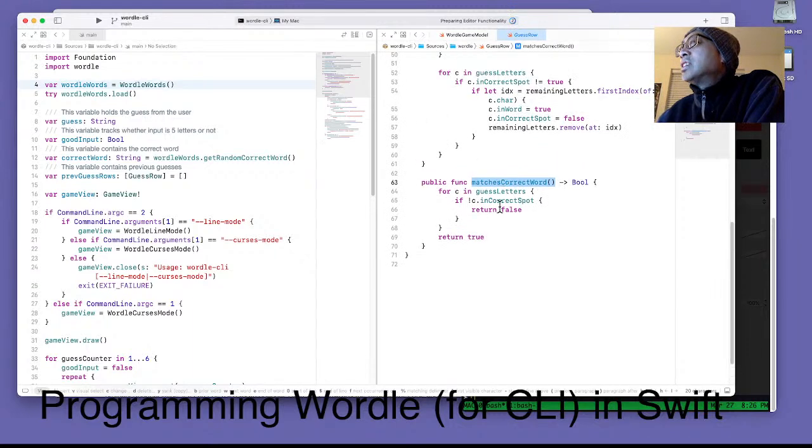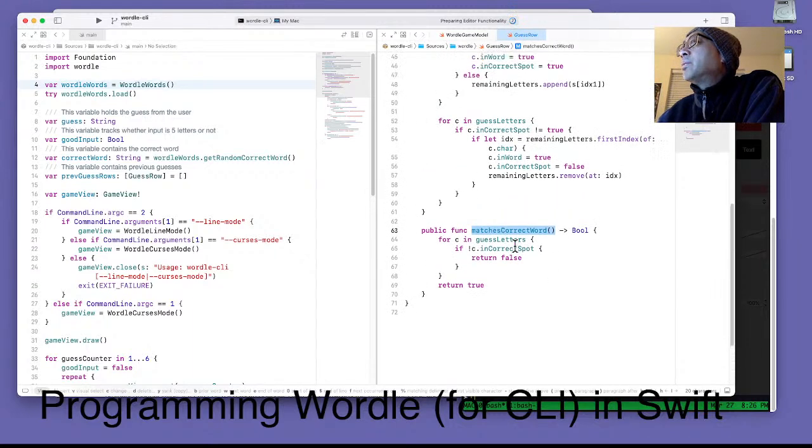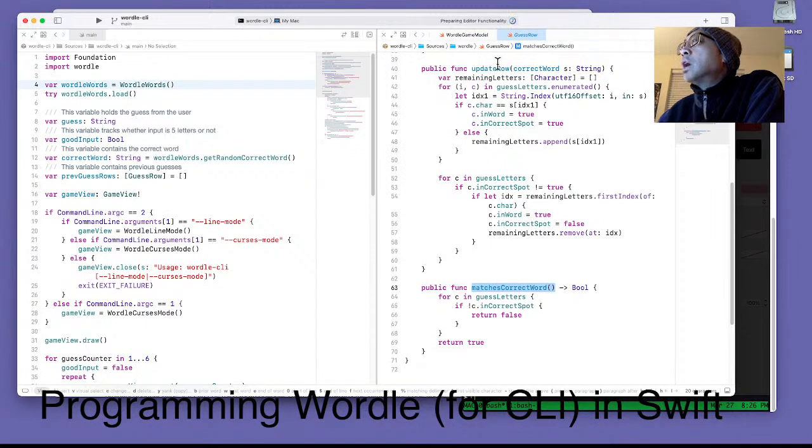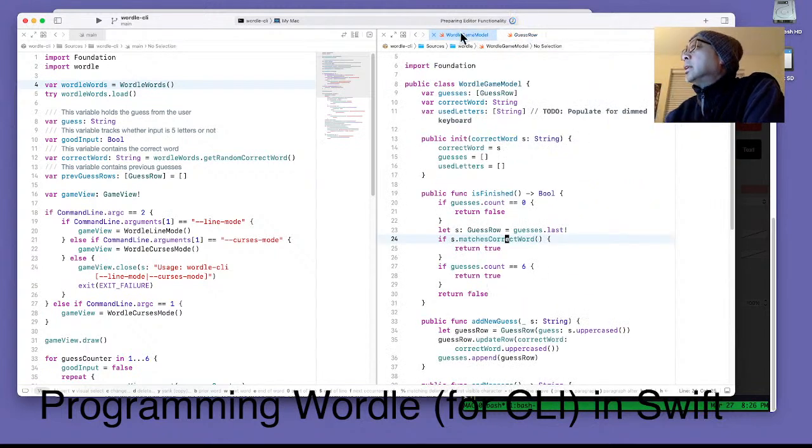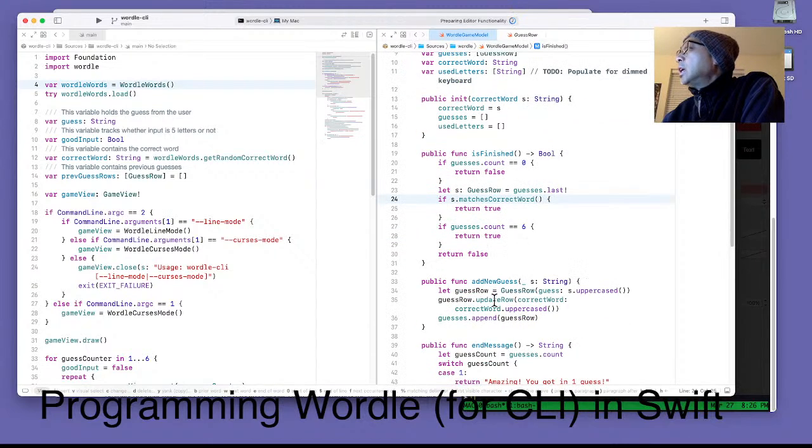But this does not work unless you do updateRow. So it's very interesting. updateRow is here,